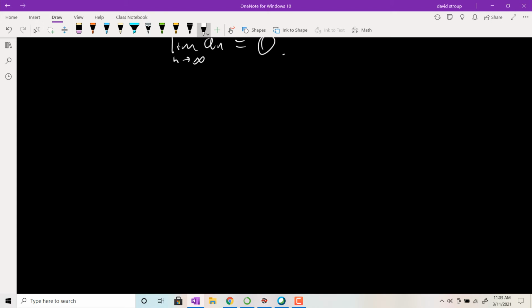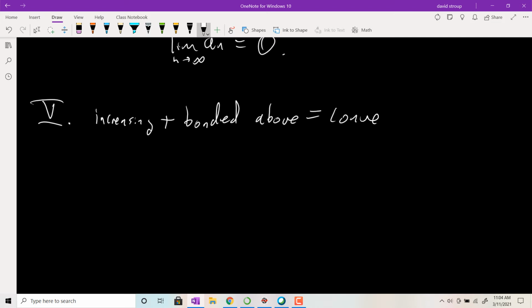Okay. The last section, our ultimate goal, is to prove that if a sequence is kind of increasing and bounded above, it's convergent. In other words, if you take the limit of it, you'll get some number out. You may not know what the number is, but these theorems are going to tell you that they are, in fact, convergent. So a lot of times in math, and I've probably said this before,